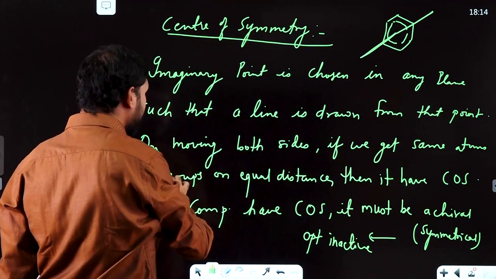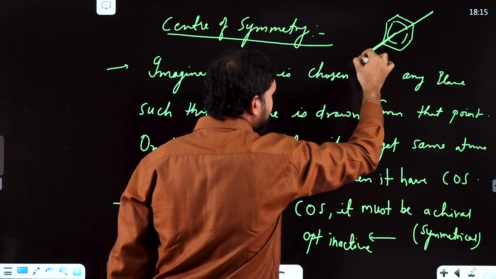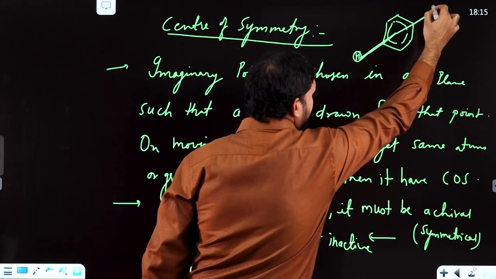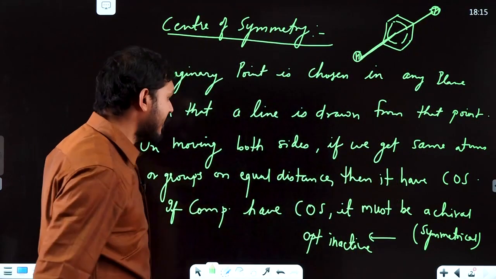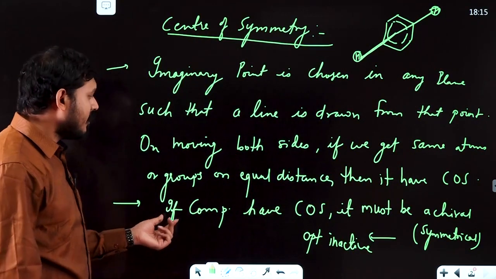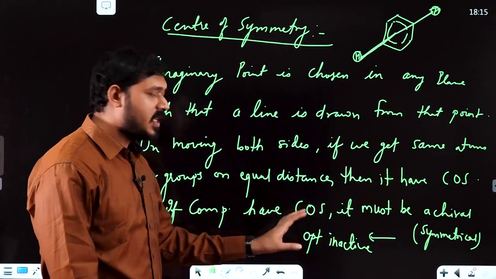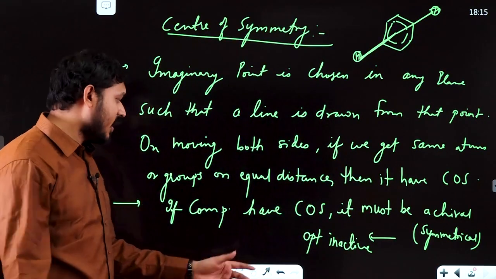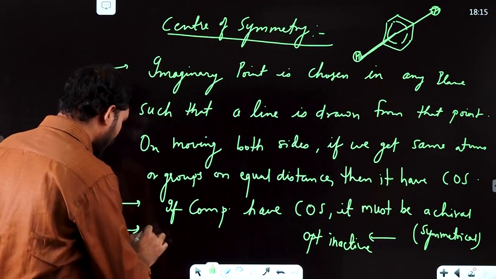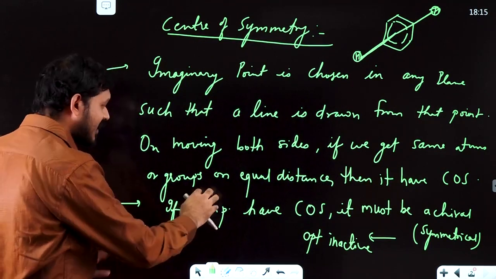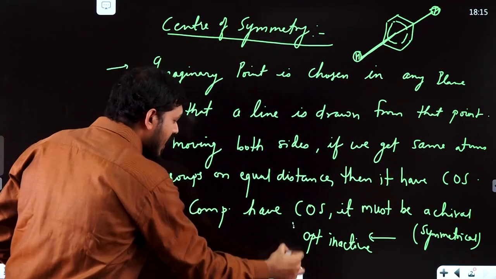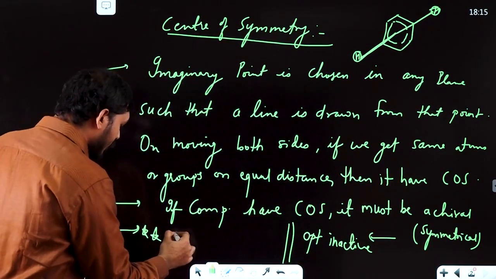If we get the same atoms or groups at equal distance, here you have hydrogen, here you have hydrogen, then it has COS. If a compound is having COS, it must be achiral or symmetrical, meaning optically inactive. Now again, remember this point. We will discuss it in examples, but here I am just writing